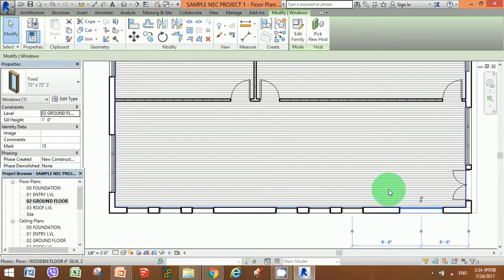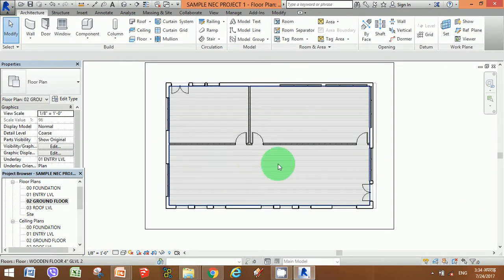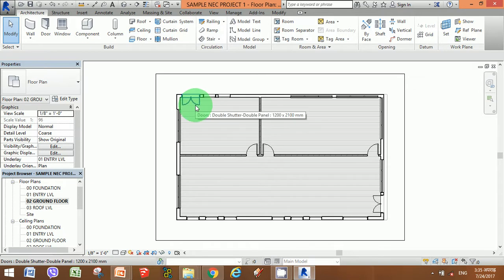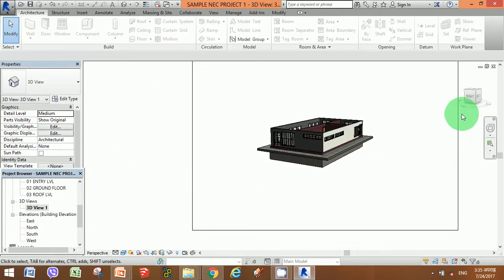Similarly, you could add other stairs, other requirements, other kitchen. If you want a layout of a living room, you could add your couch, your dining table, anything that you require. You could design in this ground floor plan. So once you have planned the ground floor accordingly, you have just kept the windows, the doors, and also you've done with the interior walls. Now let's go back and see the 3D view of what we are getting.